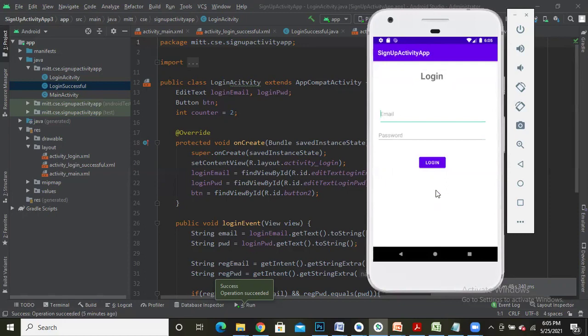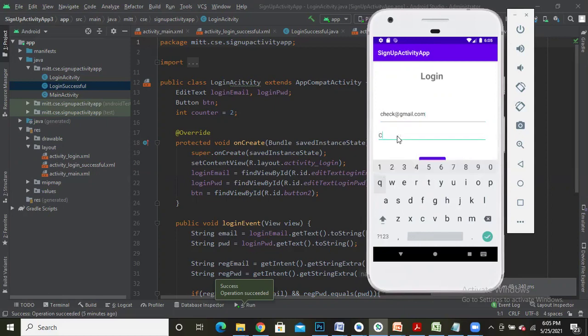Now in the login page, once again, I have an email and password. Suppose I provide a proper email and password, it has to be redirected to one more activity where you'll get a message, login successful. Let me check that. Check at gmail.com, this was the email ID which I had specified, and the password check at 1 2 3 4 5.